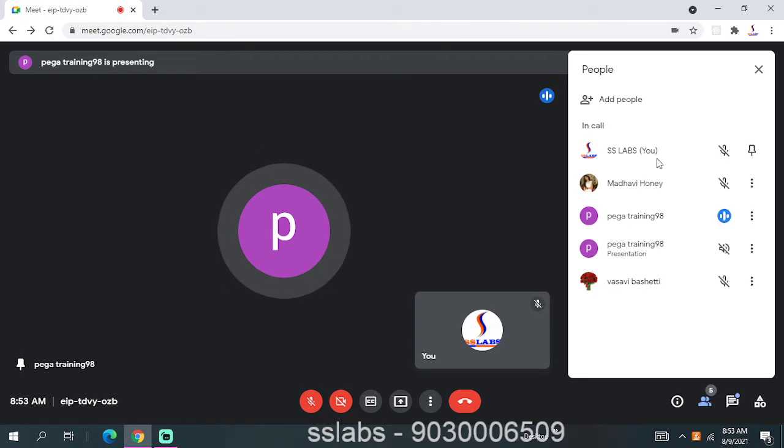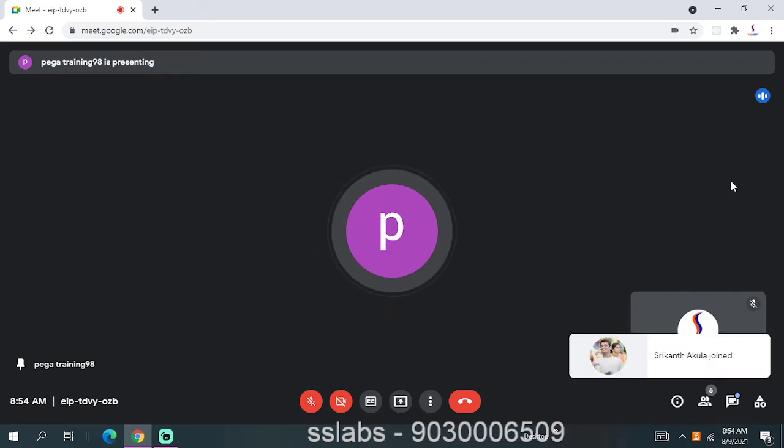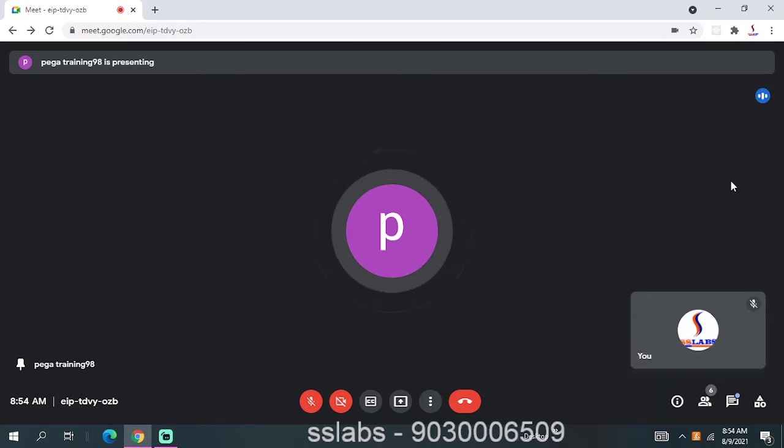Now you want to order something from any of the e-commerce sites. You first select which product you want to buy, then you select the type, and then you add that product to the cart. Then you enter all the details like the delivery details and how you pay, and then you pay for it.